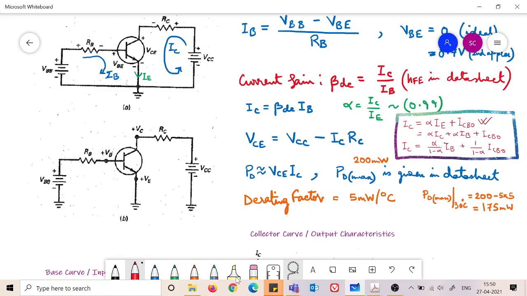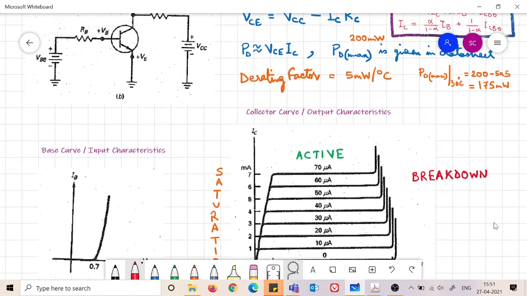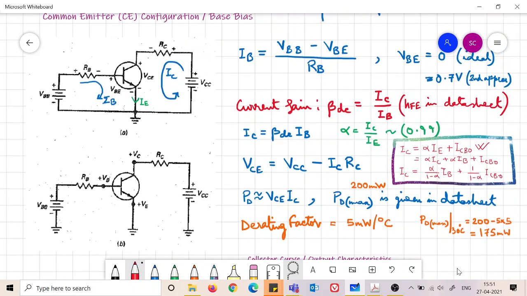Though it is quite low compared to other collector currents which we will get when there is an appreciable IB, but still you will get some collector current. So this is the thing that I wish to mention about these different currents in the circuit. Next day we will go into the input and the output characteristics.